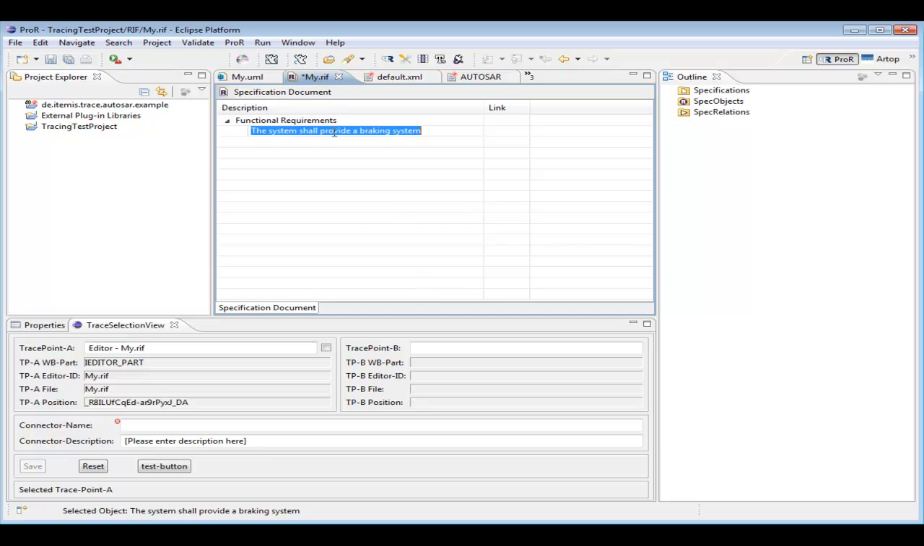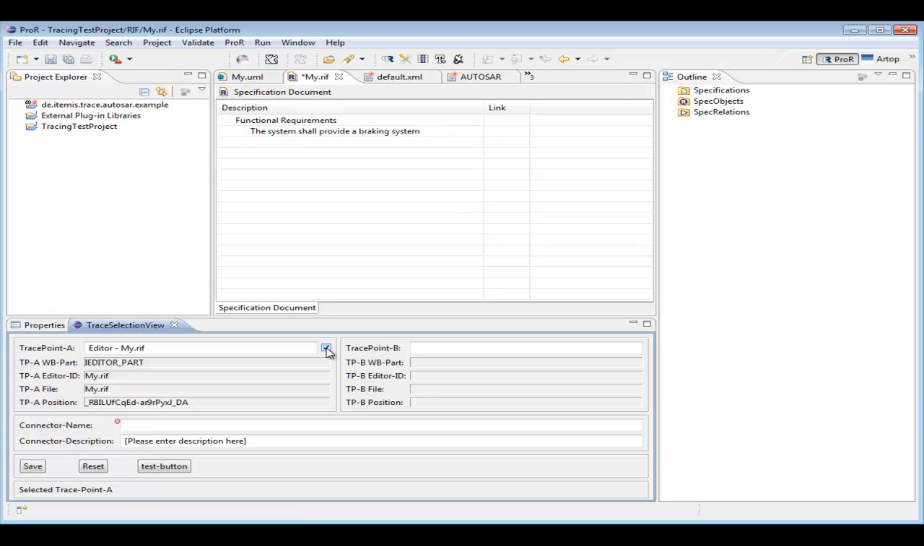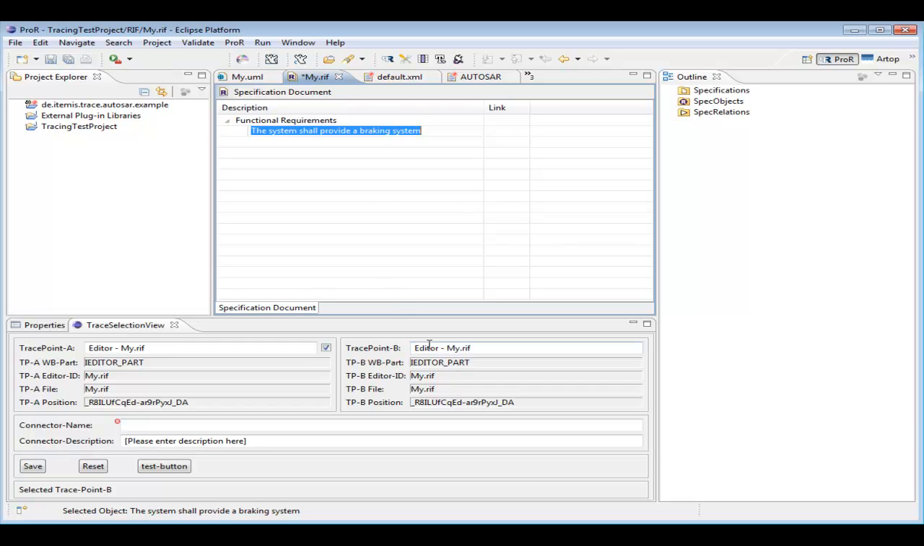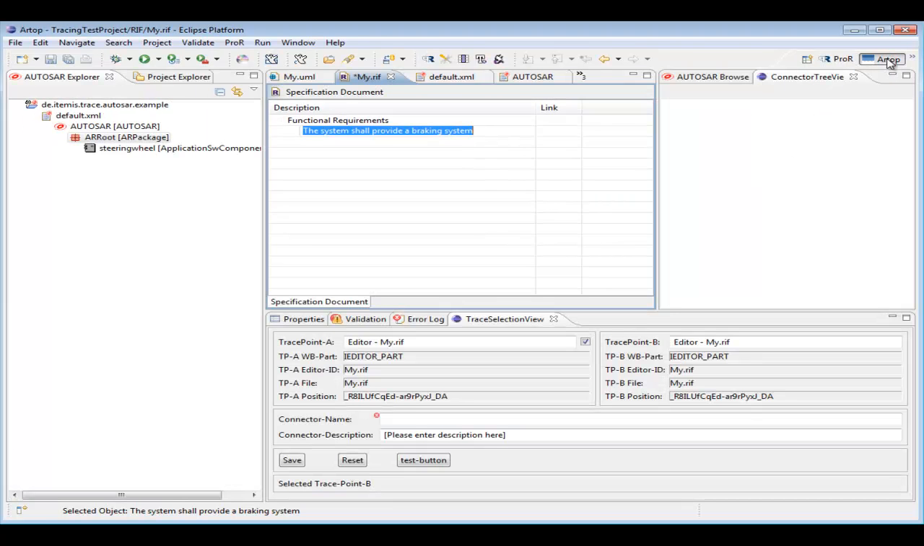Once we decided on which requirement we would like to trace, we can fix this as the source requirement. And you will see now that whenever we select a new element, the destination, the target trace point, will change. Since I'm staying in the same editor, this could be the traceability for requirements to requirements, but we want to show the traceability to RTOP. So I'm switching back to the RTOP perspective,